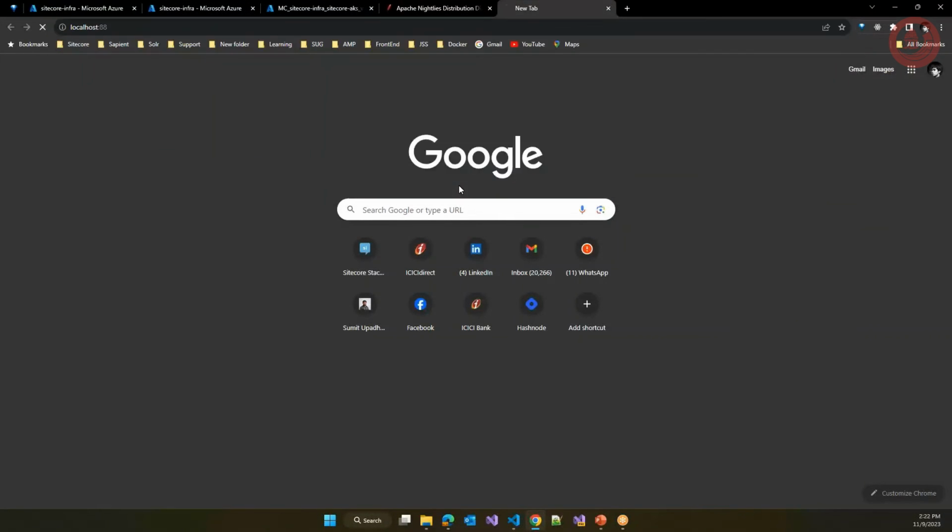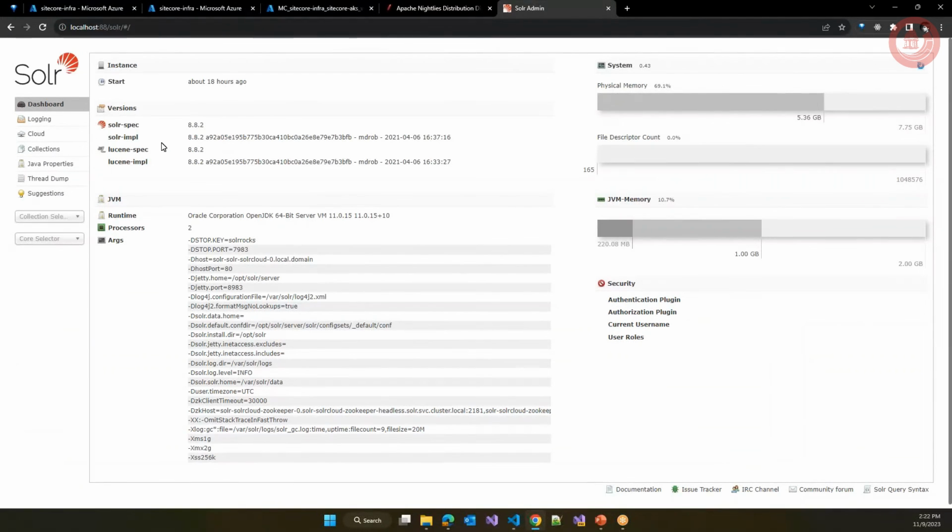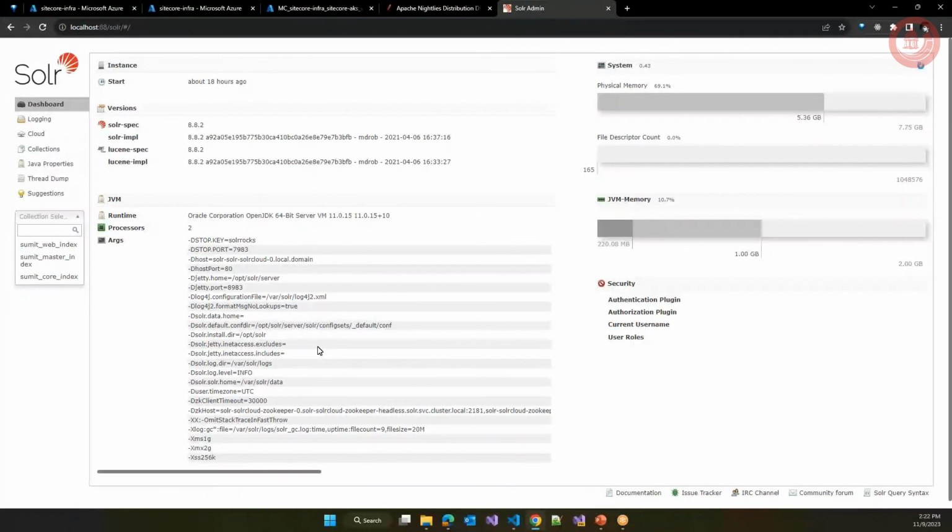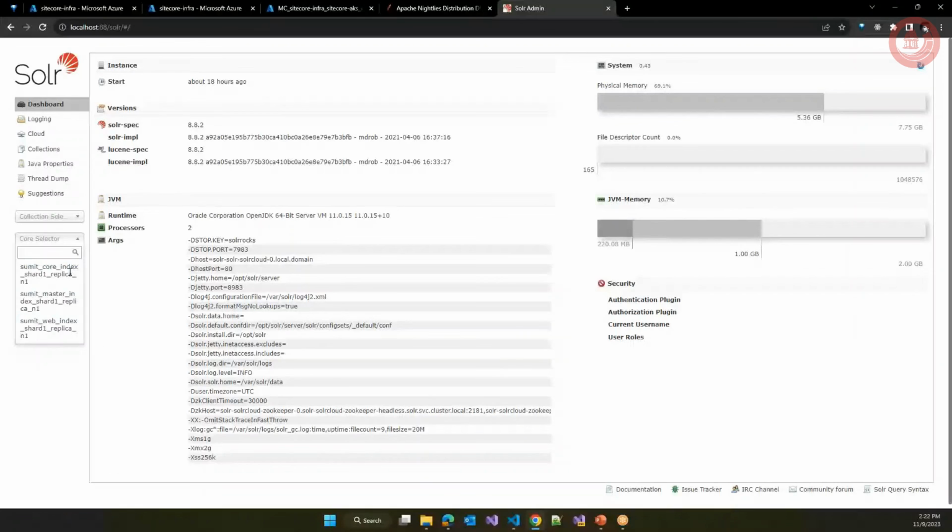Yeah, I can quickly go to localhost 88, and this is the Solr instance that I have, and I have it as Sumit Web Index Master and Core. And for the 3 months, I have like 3 cores available. Yeah. Going back to the slides,